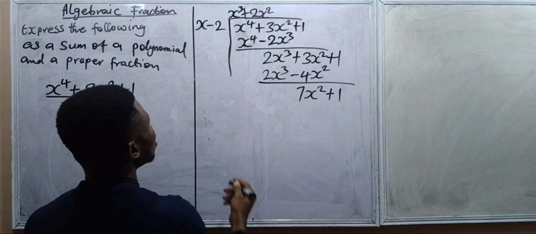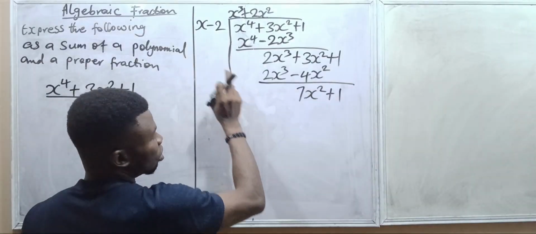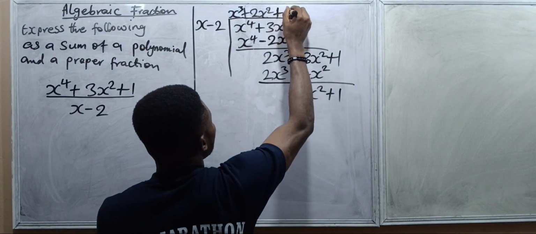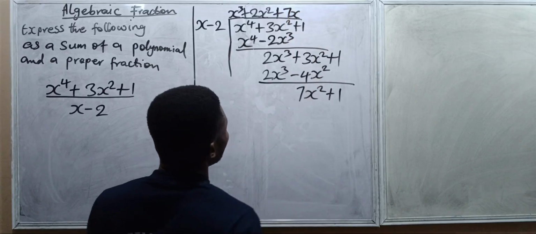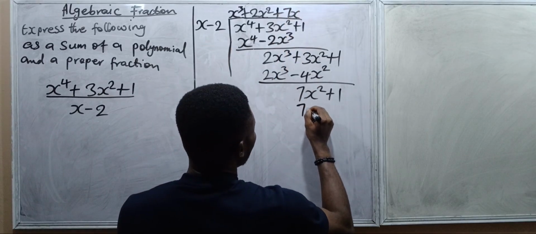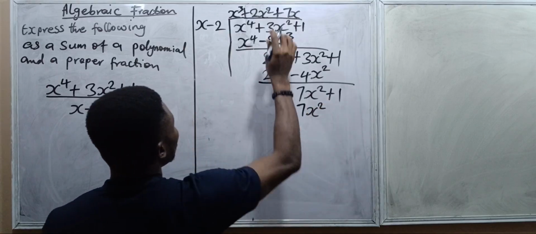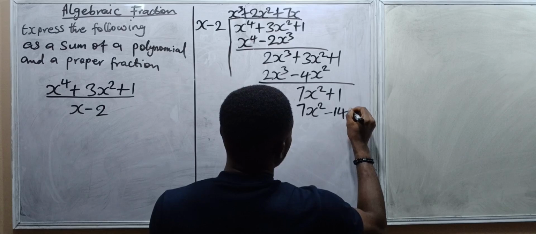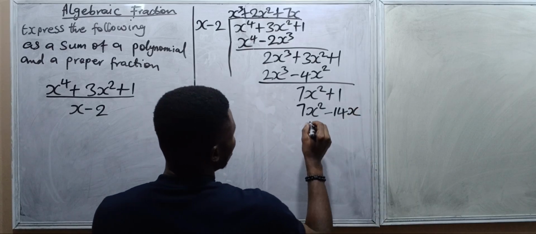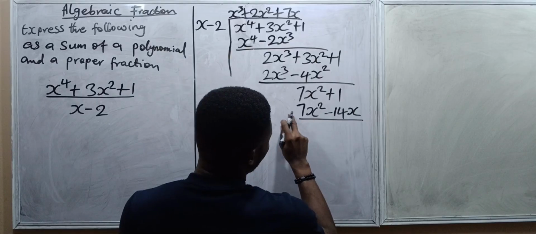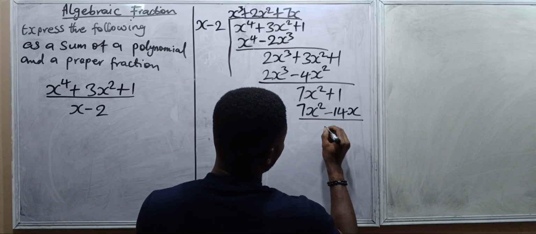And then we still need to go again. We look for something that when we multiply with x gives us 7x squared, and that is plus 7x. 7x times x will give us 7x squared, and then 7x times minus 2 will give us minus 14x, right? And then we subtract. This one minus this one is gone. Plus times minus is plus. So we have